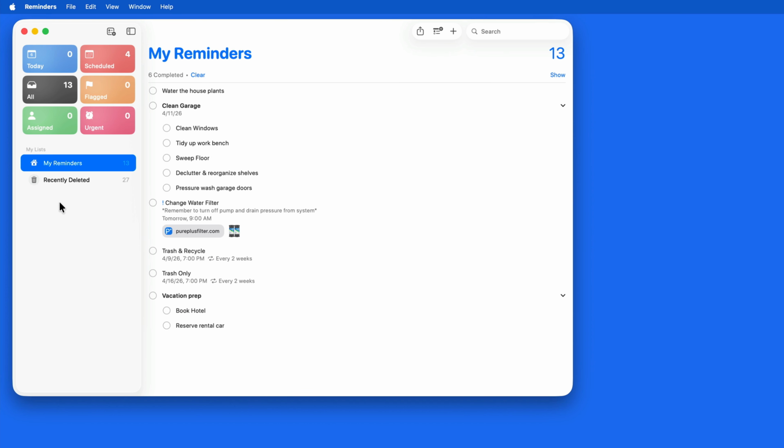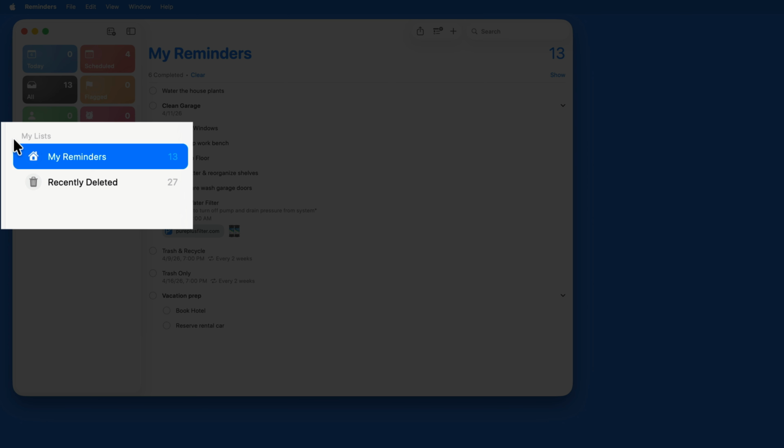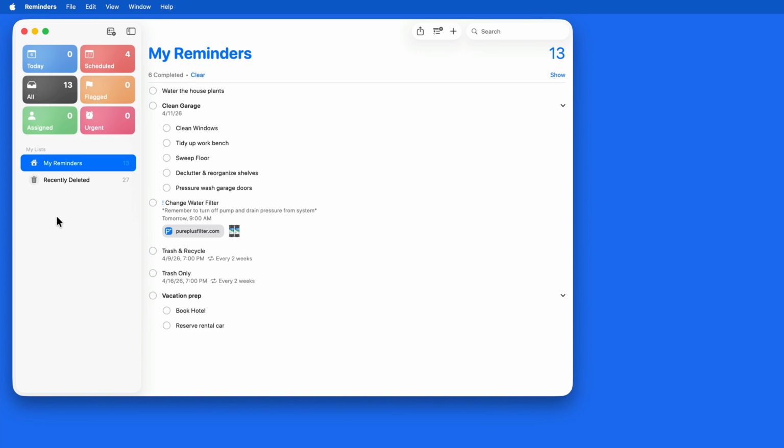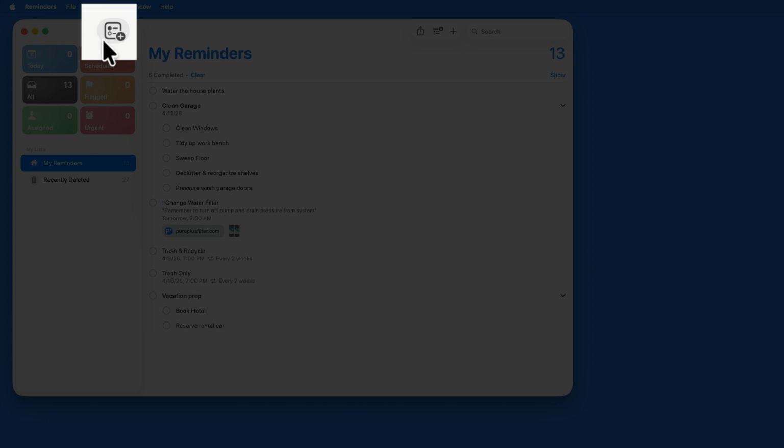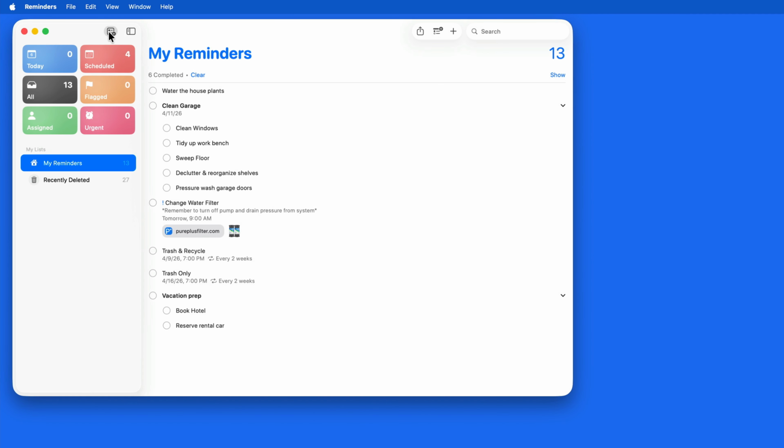Lists and groups help us organize our reminders. Below the Smart Lists section in the sidebar, we have My Lists. This is where we can add our own lists, which can be one of three list types: Standard, Groceries, or Smart. We can add new lists from the Add List button up here,